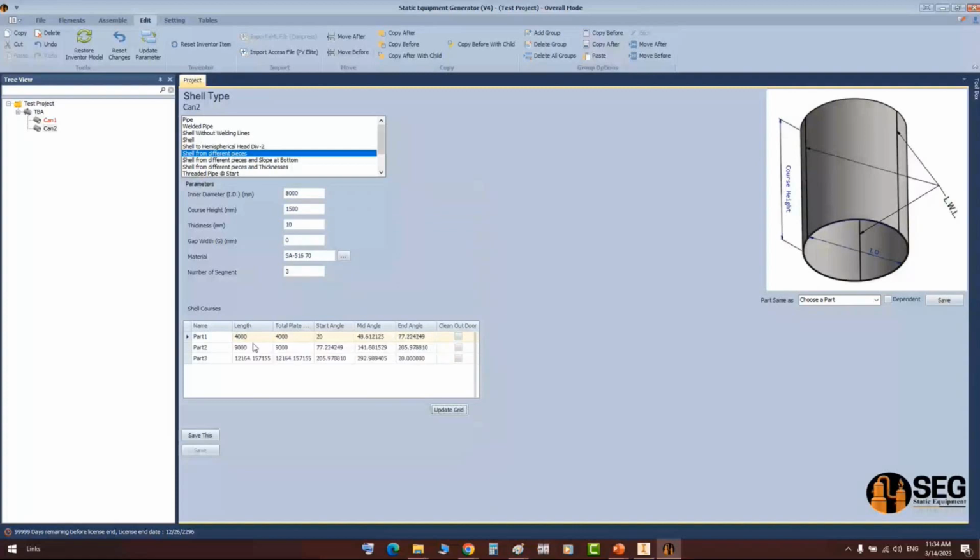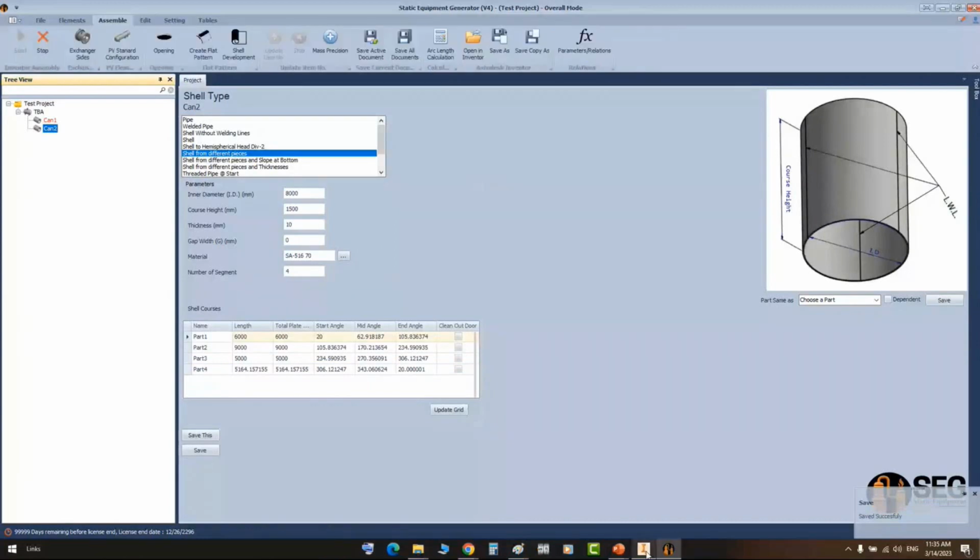Increase the length of this one, and let's make it 4 segments. Okay, let's decrease this one to 5 meters and update. Let's click on Save. Now, when you click on Start Assembly,